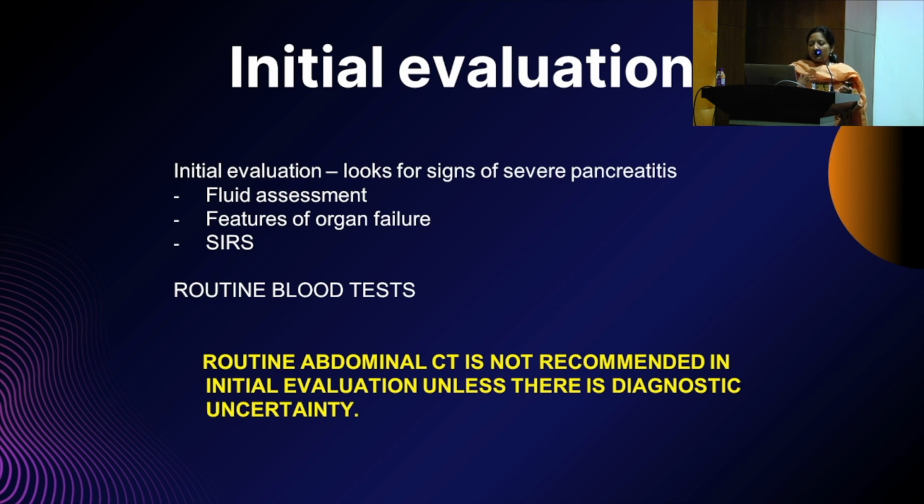the most important thing for us is to look for signs of severe pancreatitis. So any patient who is hypovolemic, the most important thing which we will do is assess the fluid status, dynamic fluid assessment, and start them on fluid resuscitation. Identify if any organ failures are there. It could be ARDS, it could be acute kidney injury. And identify, of course, most of them will have a systemic inflammatory response. So once we've evaluated for these 3 major things, the routine blood tests include amylase, lipase, and routine blood